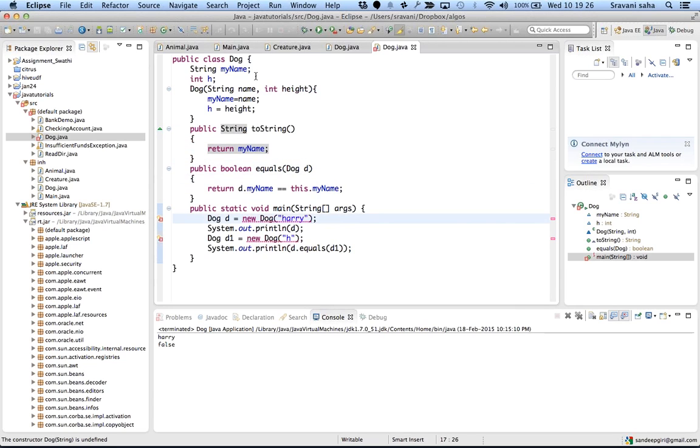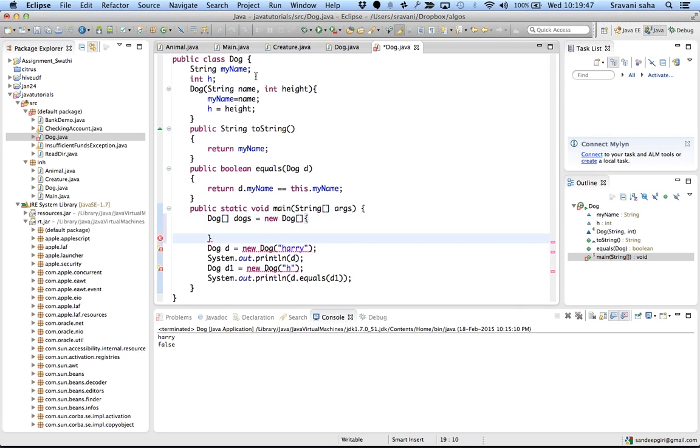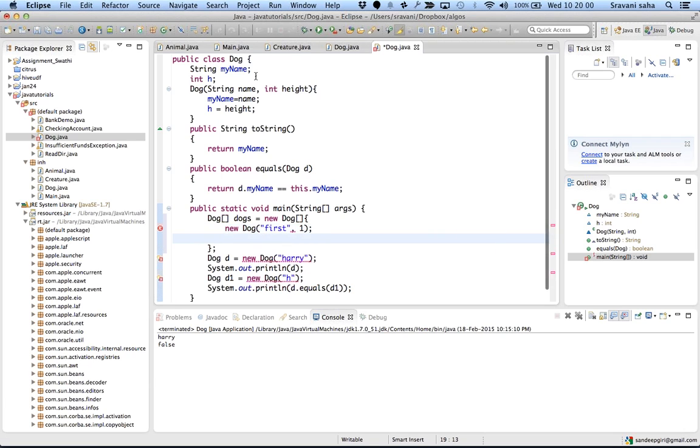Now we create an array of dogs, new dog, and we say new dog, and first is, say first, and its height is 1, and then there is another dog